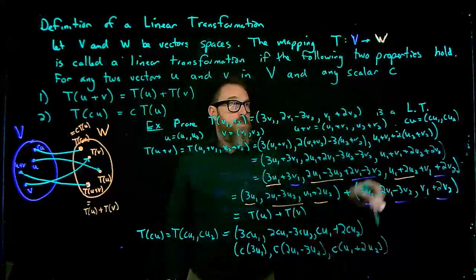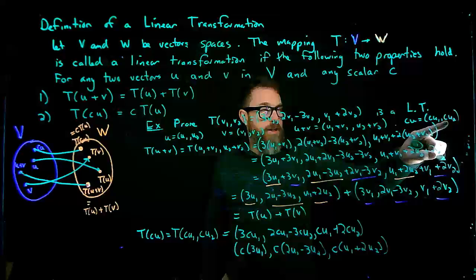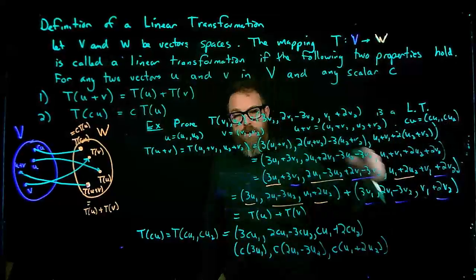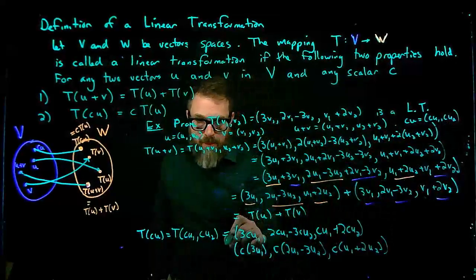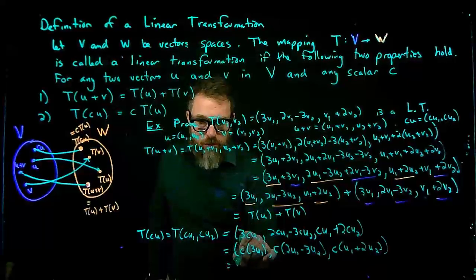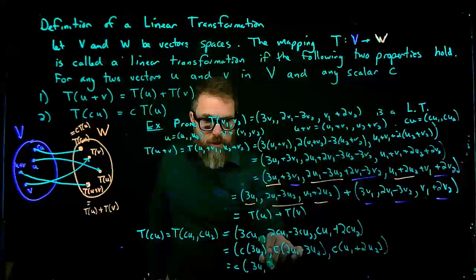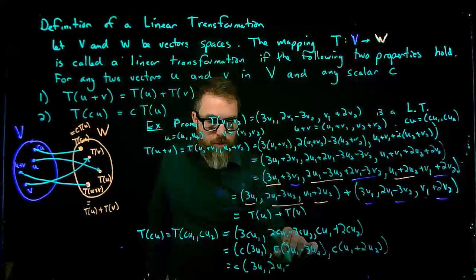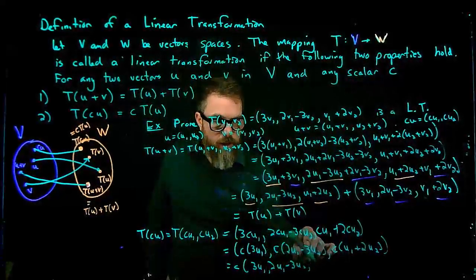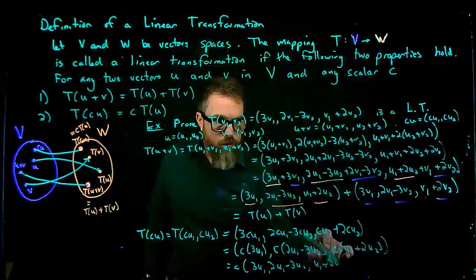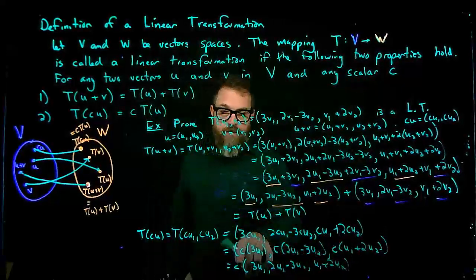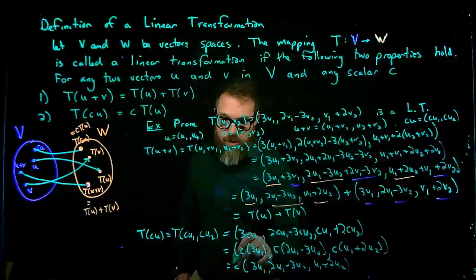Now since all the components have a c in them, I can pull the c out in front of the entire vector. So this is equal to c times 3u1, comma, 2u1 minus 3u2, comma, u1 plus 2u2. And by definition, this is c times T of u,